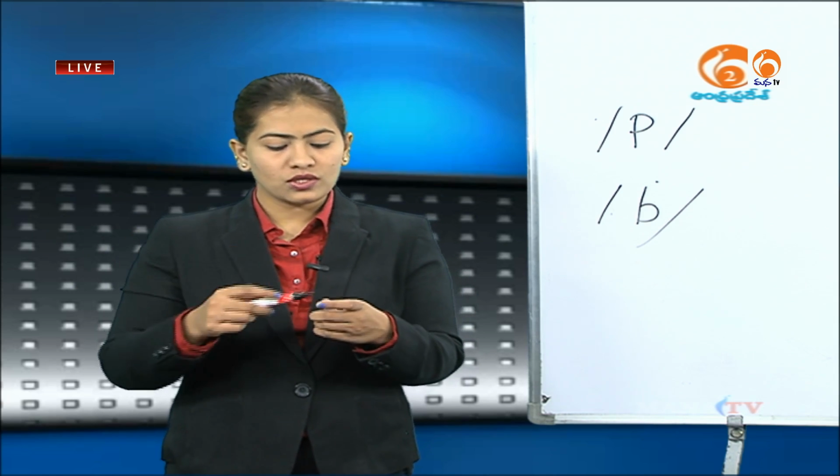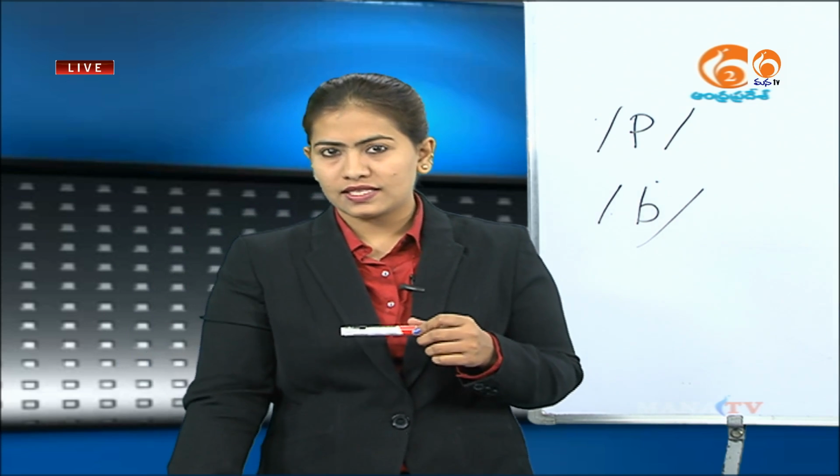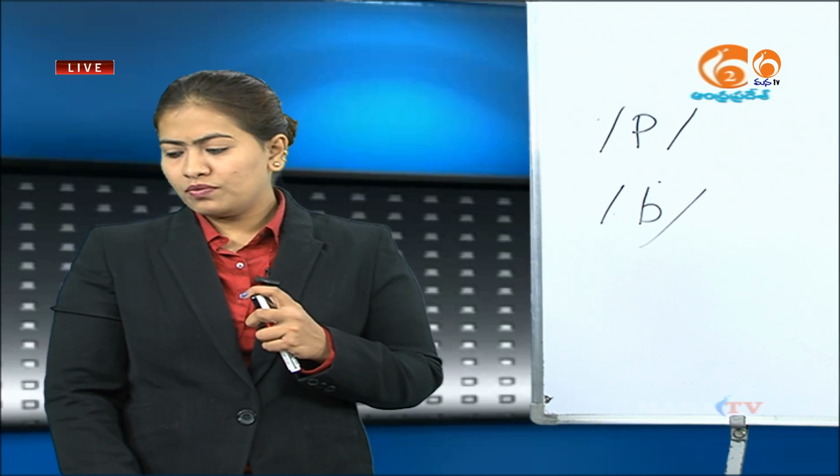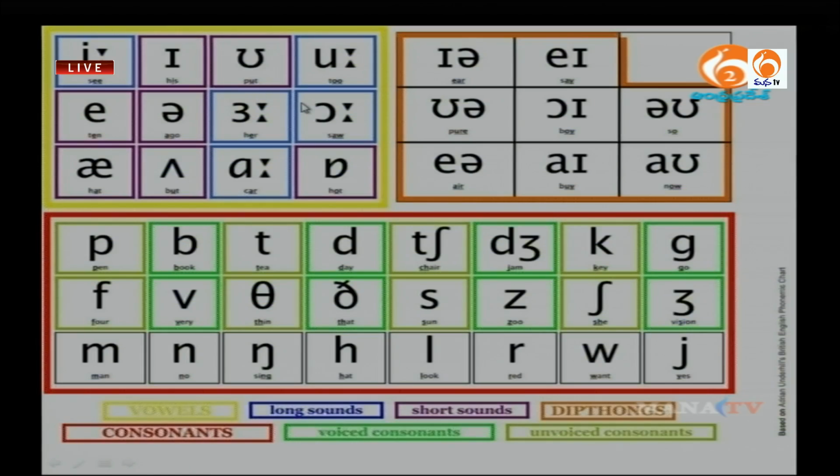So moving on to the same slide that we were at, the set of sounds. So these are your 44 sounds in the English language list. This is actually a tool, a magic wand to master your language skills, to be better at pronunciation, to be a good speaker. So we will understand in detail once again today the set of sounds that we learnt.